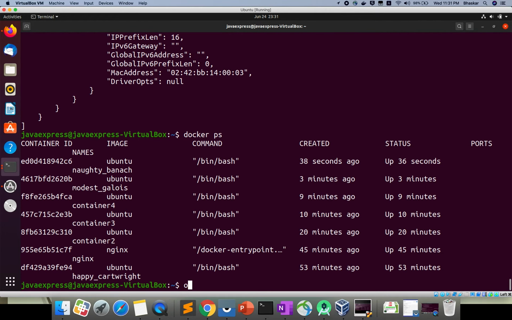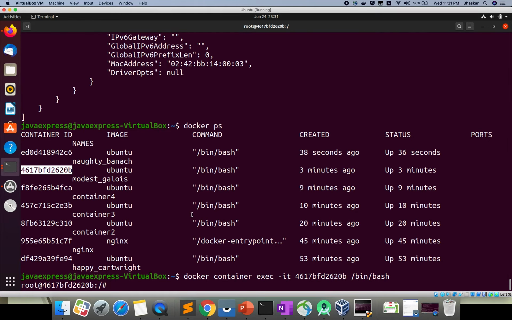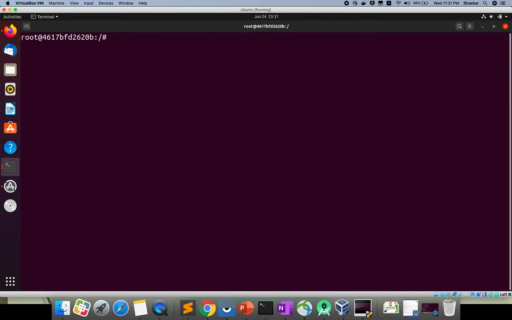Which container will I log in? The second container. Okay, docker container exec hyphen it, and you need to provide your id. You need to run in which mode? Bash mode you want to run. Okay, bin/bash. Okay, clear my screen now.